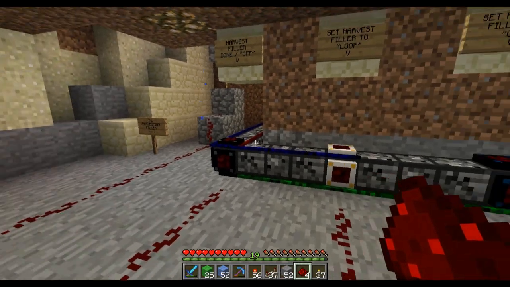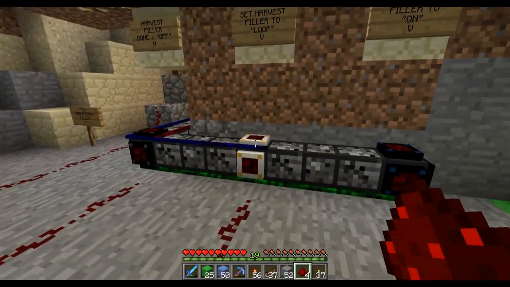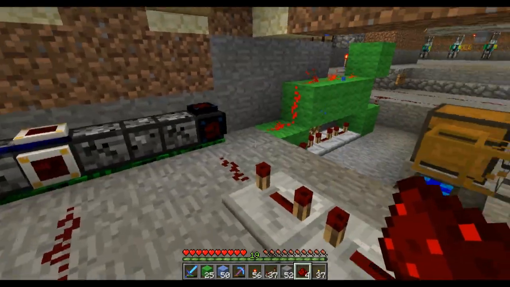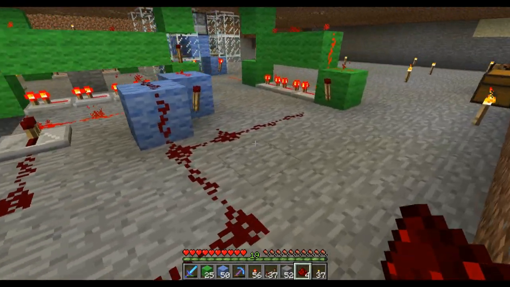I don't want it to send a pulse of blue and then start sending green while the blue is still on. I want it to be on, off, on, off. And you'll see that in a second. So let's actually go ahead and do that.